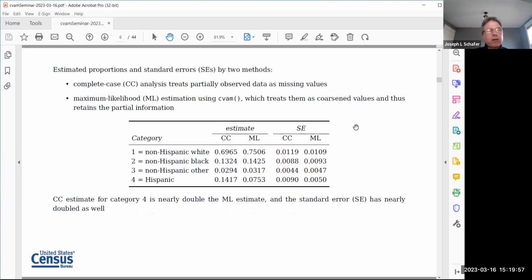The first one is what I call a complete case analysis, which treats those partially observed data values as missing values. So I'm going to ignore the fact that those 1,300 people who are missing race, but we know that they're non-Hispanic, and just set them to missing, and basically throw them out of the analysis. The other procedure is a maximum likelihood procedure that treats them as coarsened values, takes into account that partial information,